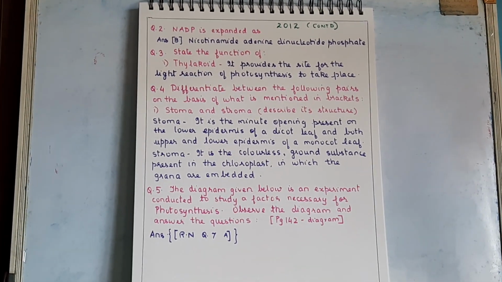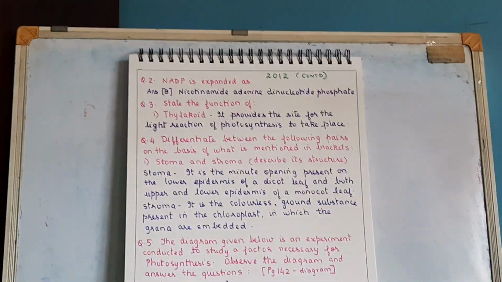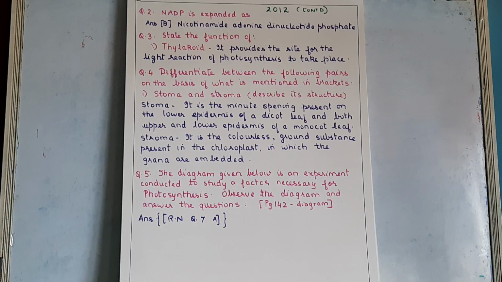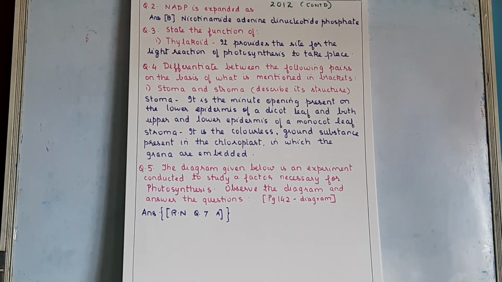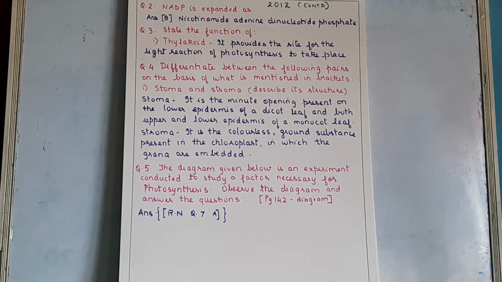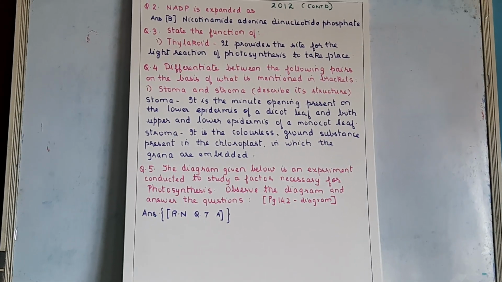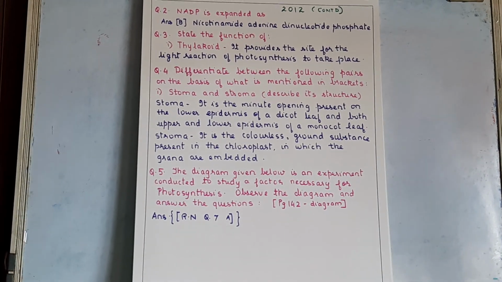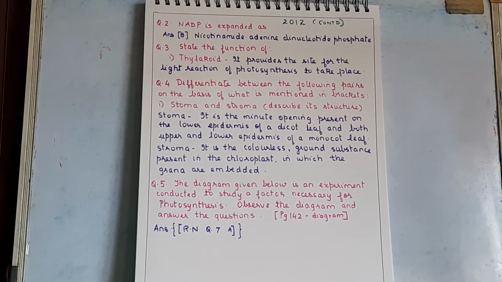What type of leaf was used for the experiment and give an example. So such type of a leaf which has green and non-green areas is called what? Yes, very good, a variegated leaf. An example of variegated leaf: croton, geranium or coleus. Yes, any one example you can write. This is important, give 5 stars to it.